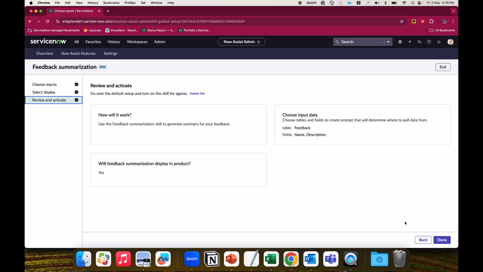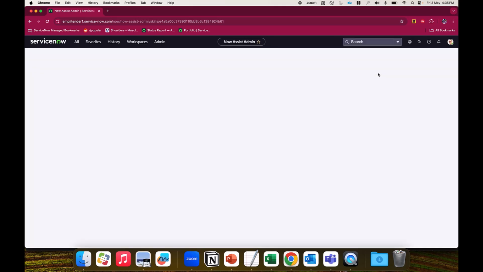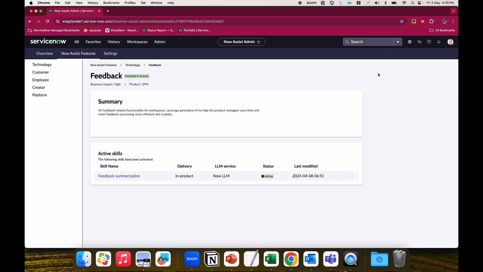Once that is done, your feedback summarization skill will be activated. You can go back and, just to re-verify, you can see over here whether it is active. It means that you have activated your skill. You can also see where exactly it will be enabled. It will be enabled in product. And you can actually see which LLM service we're using, and we are using the Now LLM for this